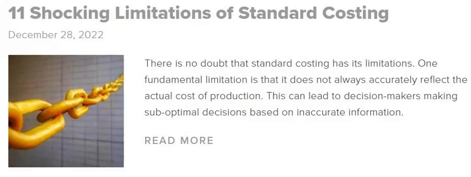Standard costing is a costing method that is commonly used in manufacturing businesses. It involves setting a standard cost for each item and comparing actual costs to the standard. While standard costing can be a helpful tool, it has several limitations. First, it can be difficult to set accurate standards. Second, actual costs often differ from standard costs due to variations in quality, materials, and labor. Finally, standard costing does not consider the effect of changes in volume on total costs. As a result, while standard costing can be useful, it is crucial to know its limitations.